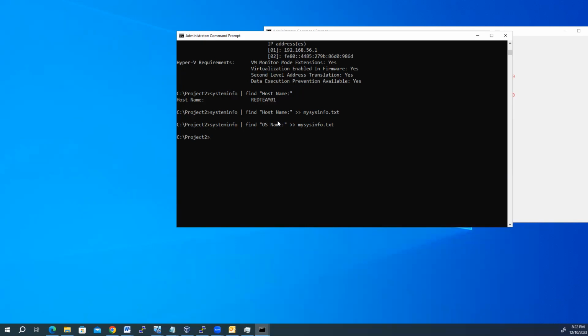So before, it kept the host name information, now it will keep the OS name information. And then if I now type total physical memory, make sure we are spelling correctly. Total physical memory. So if I type this thing, it will now create a file called mysysinfo, where it is under